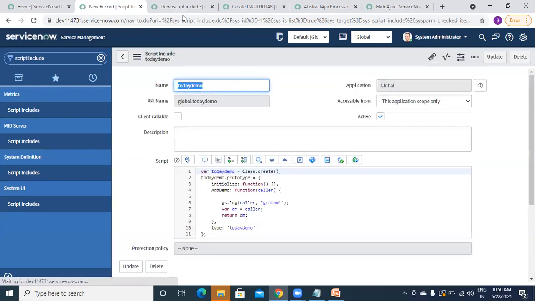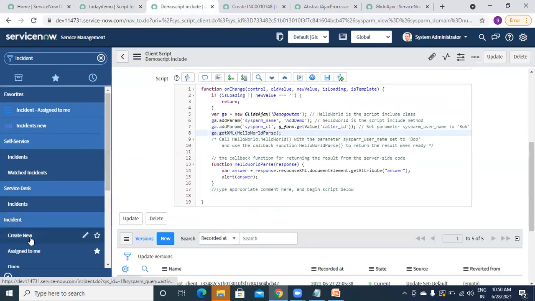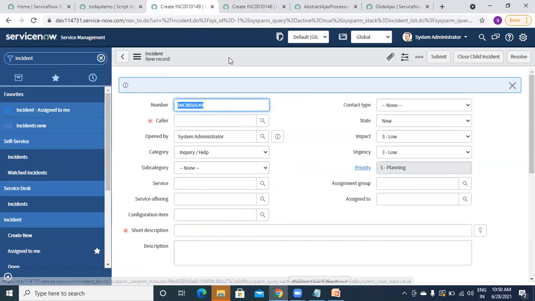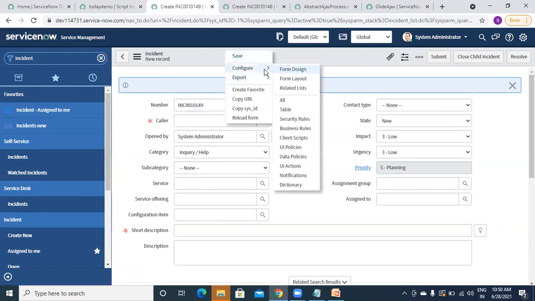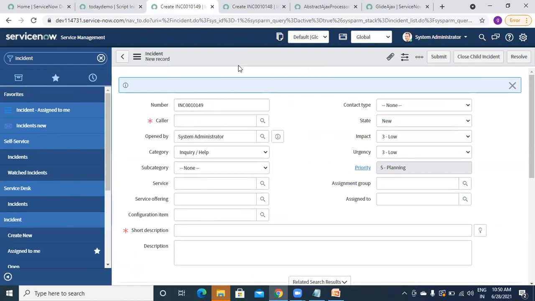Then how can we call that on server side? So let's see. I am going to script, incident. From here, I have to go to business rule.